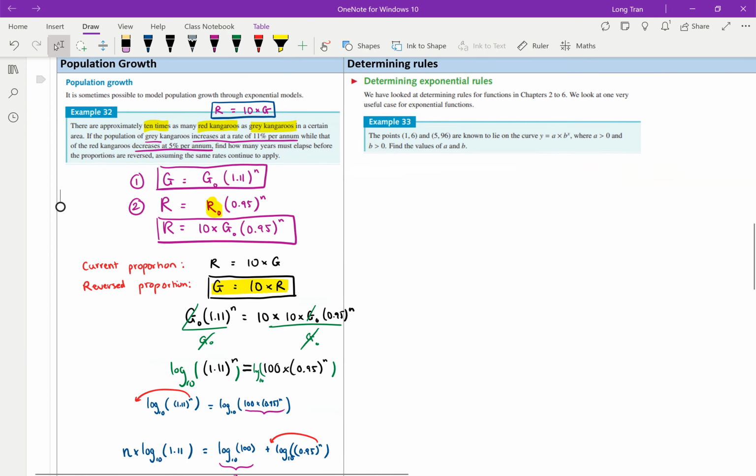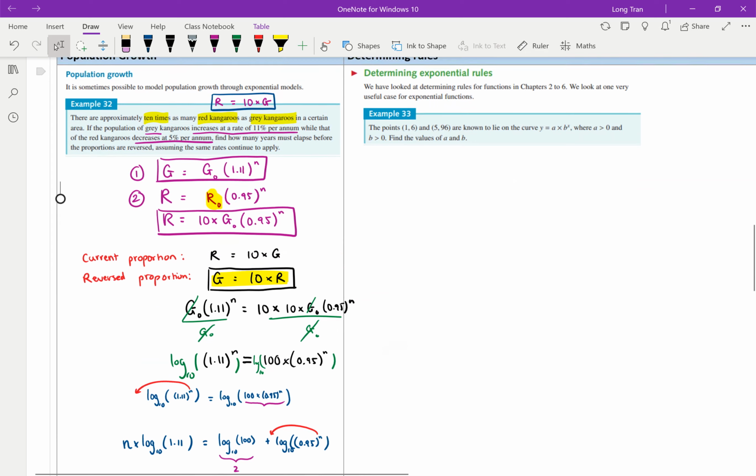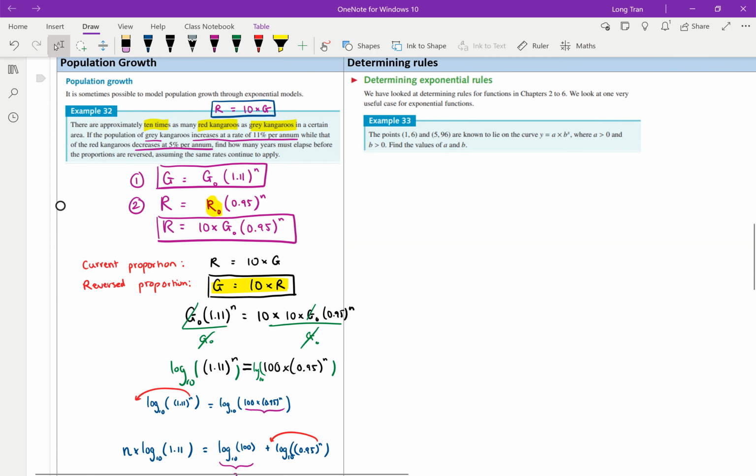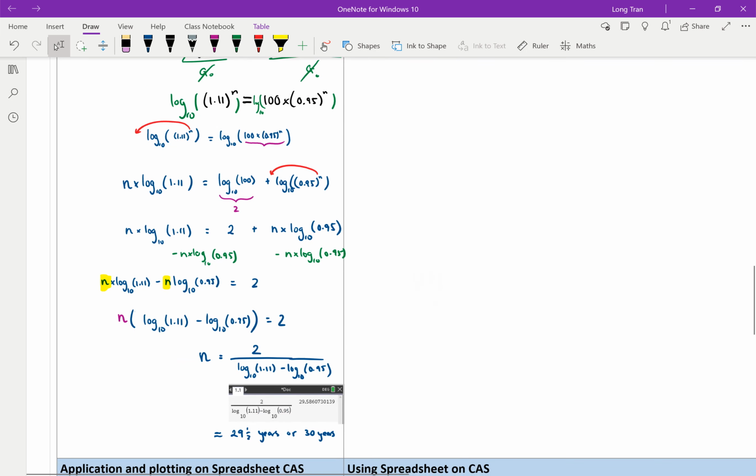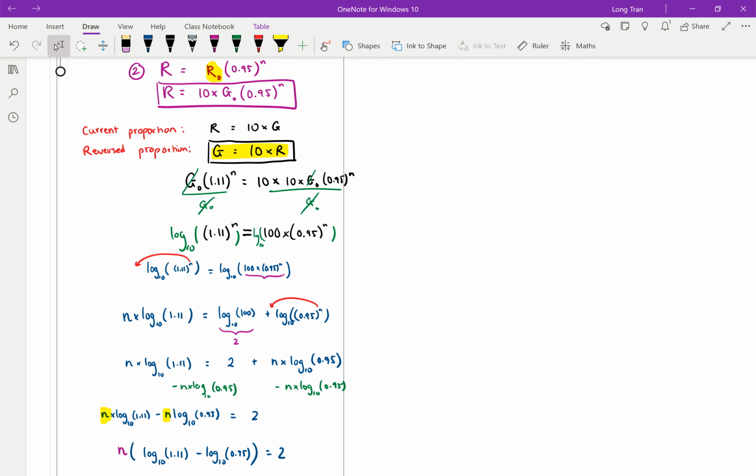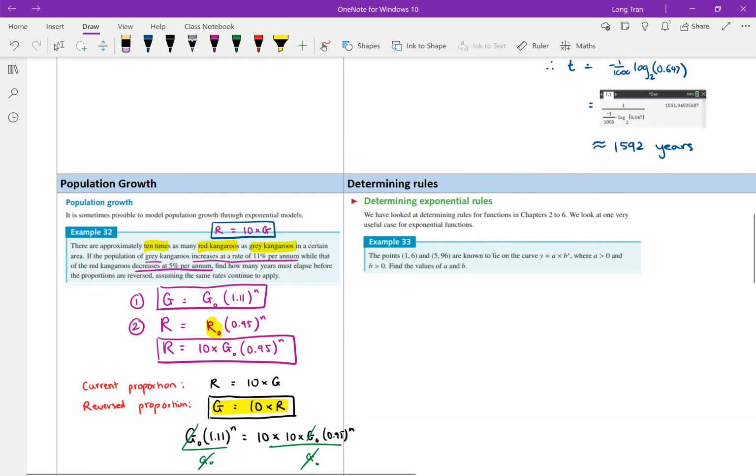So what was hard about this example? I'd say that maybe the starting interpretation of 10 times as many red kangaroos as grey kangaroos, and then the algebra if you wanted to do it by hand from here. I mean, you could have done it on a CAS from that point, and it probably would have got the answer as well. Okay? All right, that's how you